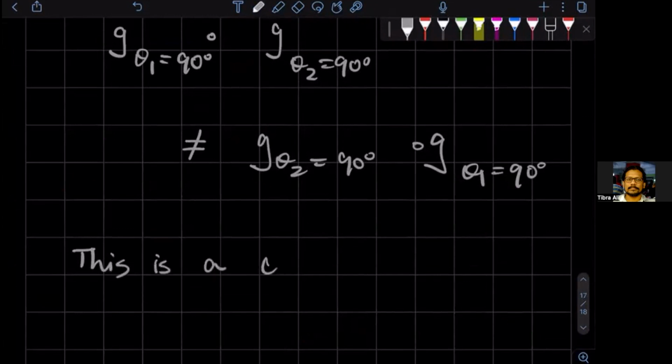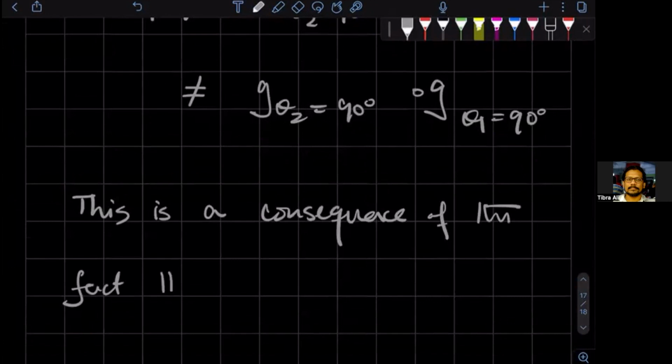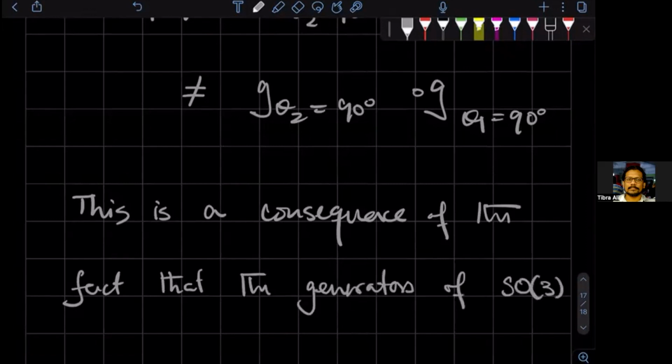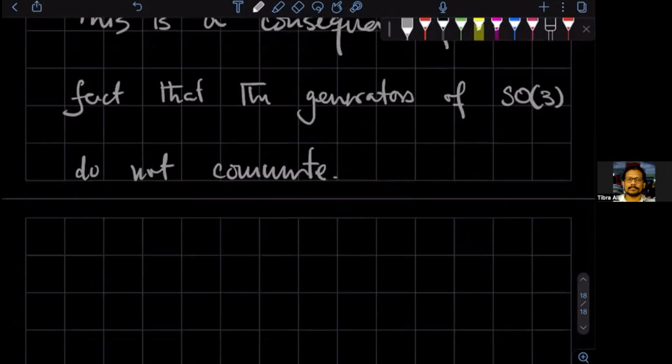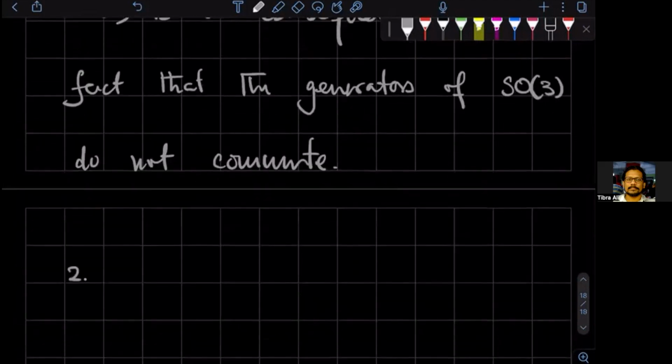This is a consequence of the fact that the generators of SO(3) do not commute. All right, now next comment is